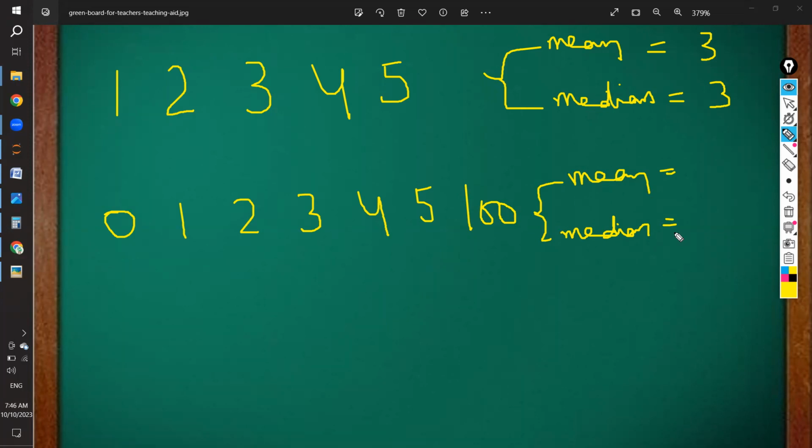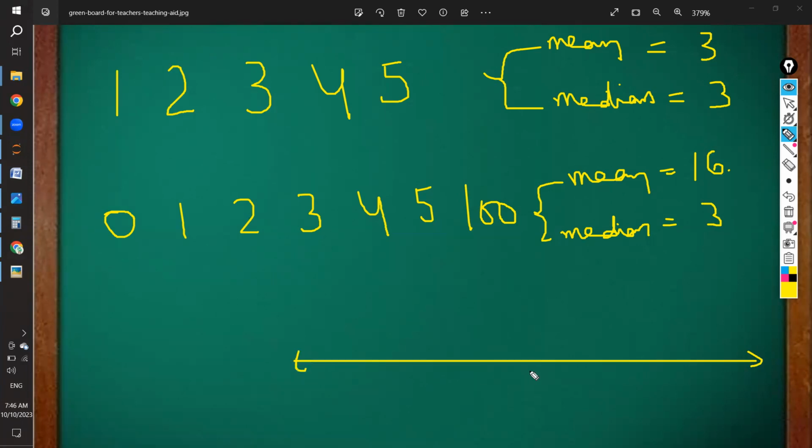What's mean, what's median, guys? So it is in decimal, like around 16 point something. That is mean. Okay, median. Median is 3. Okay, so now if you try to see here, so if I just take a number line, okay, I'm